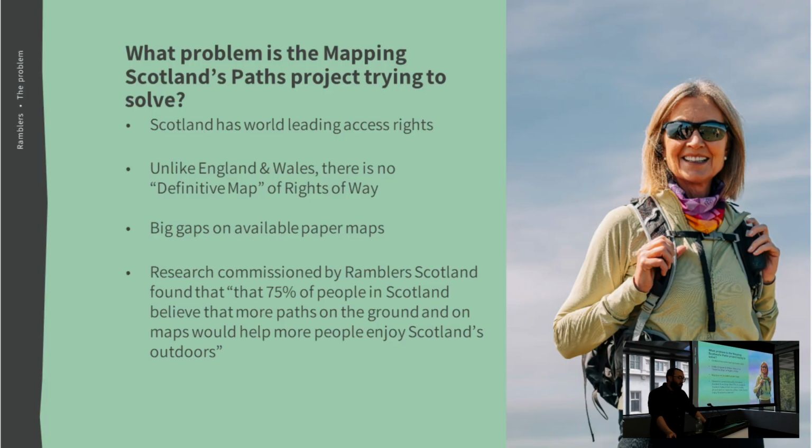So what problem is the Mapping Scotland's Path project trying to solve? Scotland has world-leading access rates. You can walk on nearly all land in Scotland, providing you behave responsibly. And thanks to the Land Reform Act of 2003, it means we've got so much more opportunity for walking and